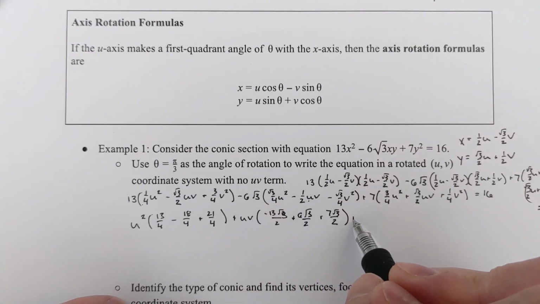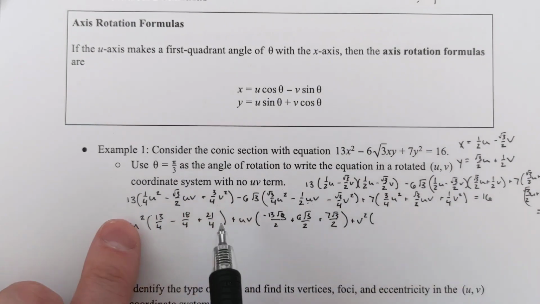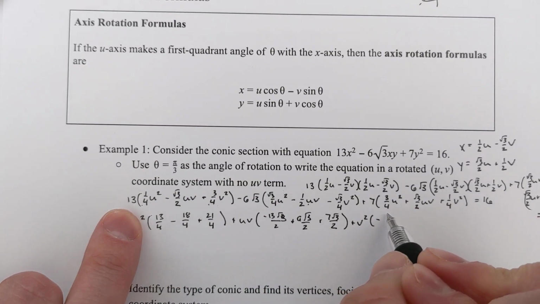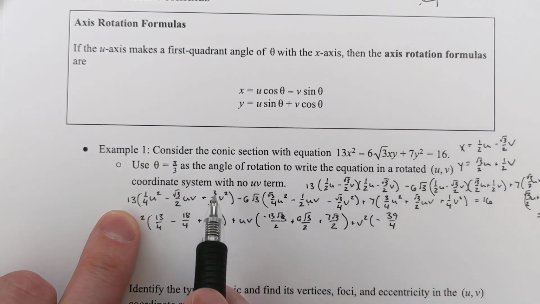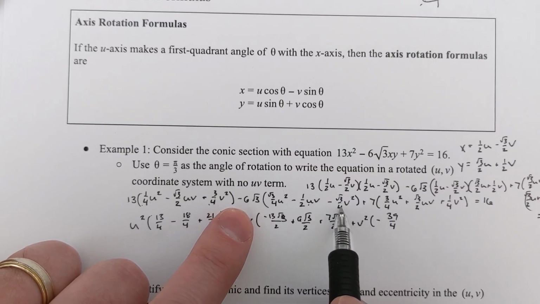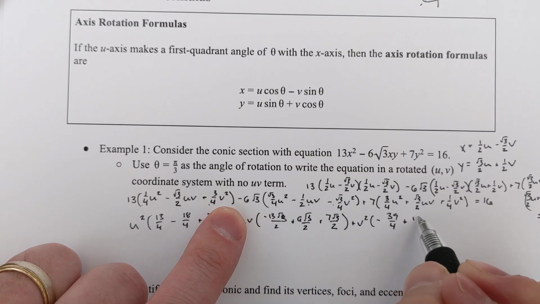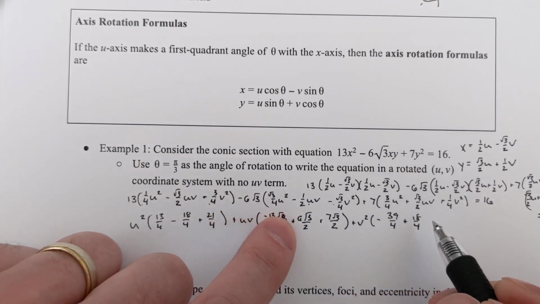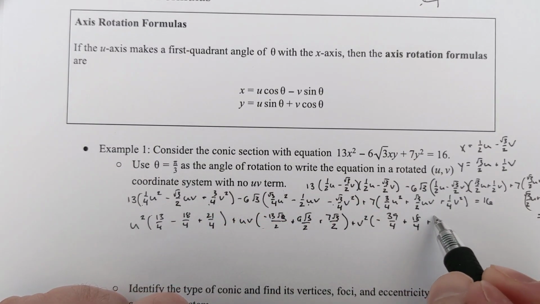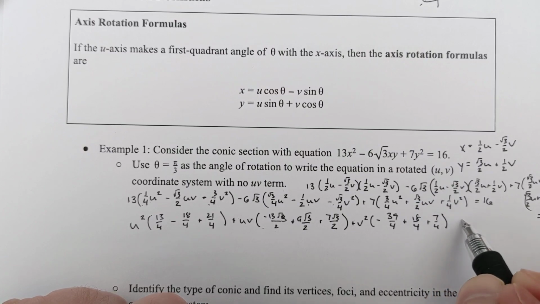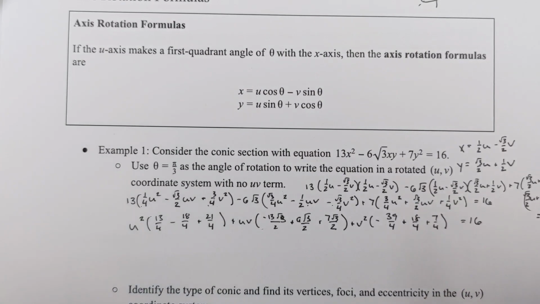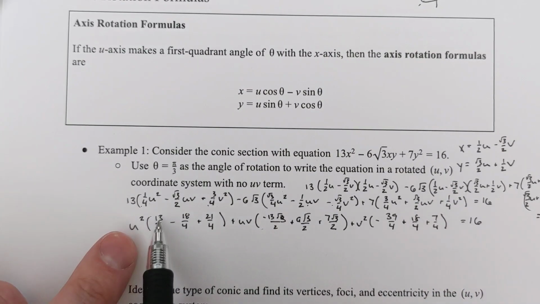And then I do my v squareds. So v squareds, here I have minus 39/4. That's that one. Here I'd have plus negative 6 and negative, that's going to be 18/4. And then this one would be plus 7/4. And then all this is still equal to 16. And then I can just do my addition. So 13/4,